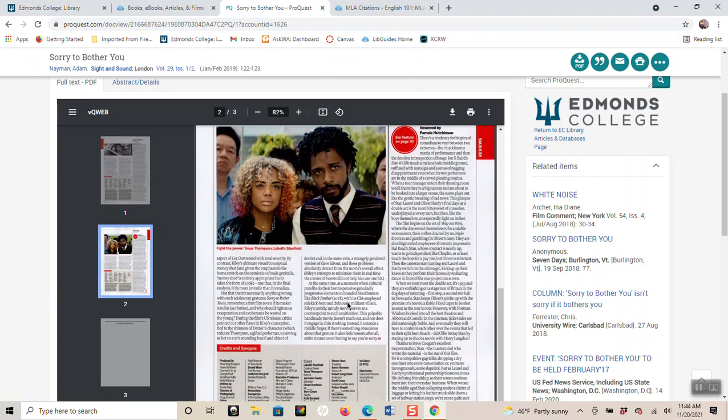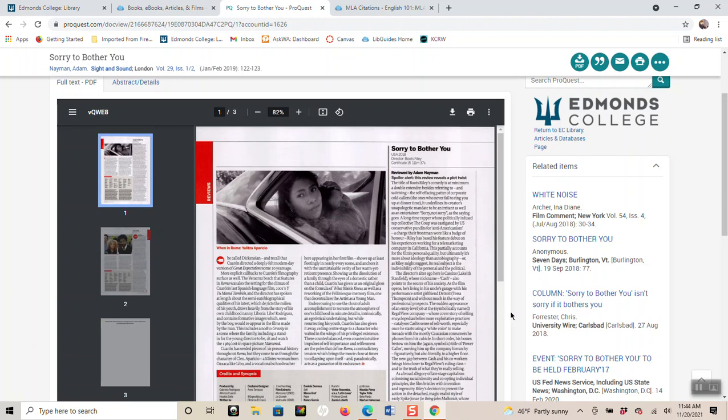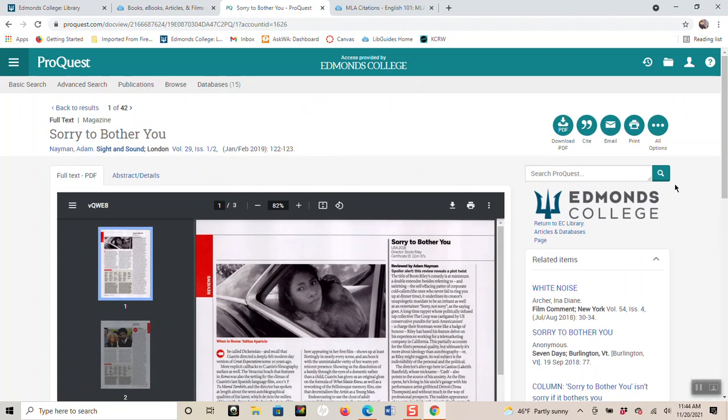And it looks like it's a couple pages, and that's really what you're looking for. You want to make sure any review you find is more than just a couple of sentences. You want to have some information, summary, and some bit of critique involved. So if I want this article, I think I showed you in the earlier video about your previous essay,